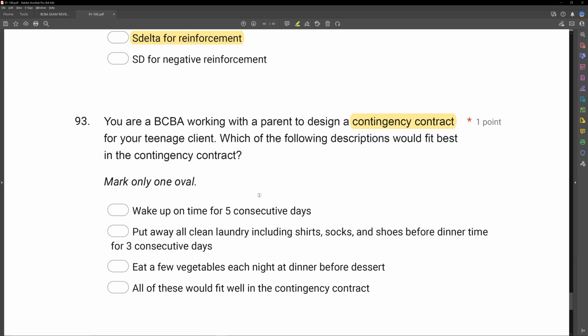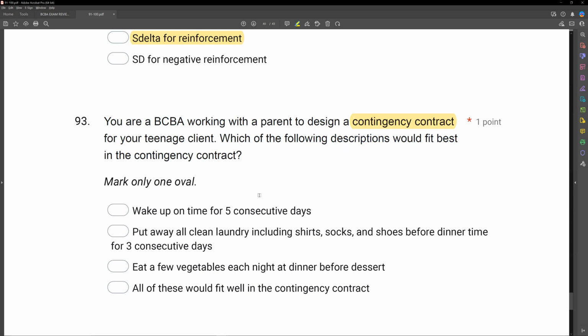If this is all my description says, that leaves a lot of wiggle room on what is considered on time. Each day on time might be different. A school day on time is different than a weekend on time. And we can't be going through each day during the contract and litigating what's on time, which isn't. A isn't specific enough. B, put away all clean laundry, including shirts, socks, and shoes, before dinner time for 3